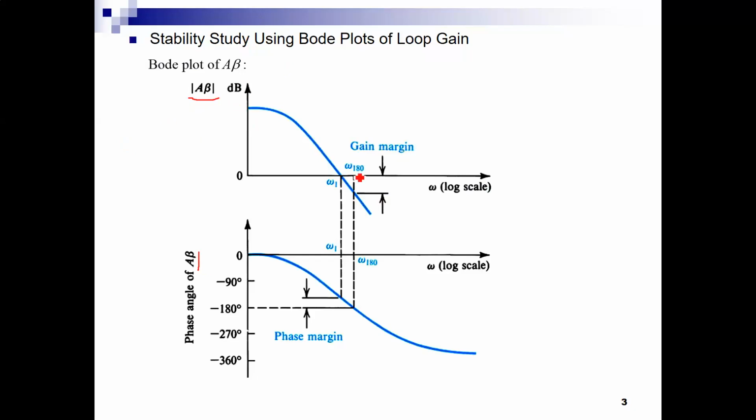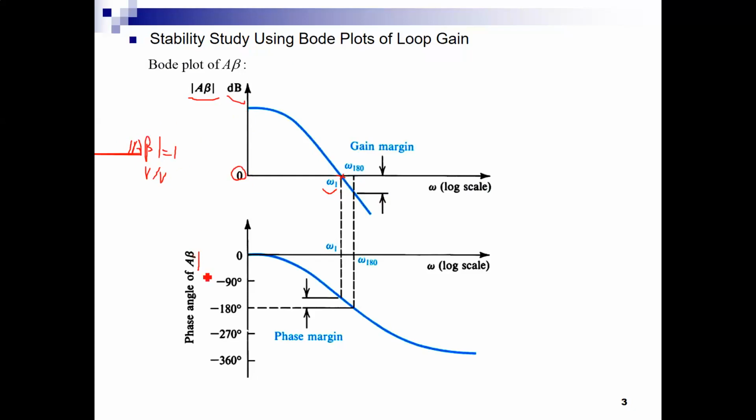I know that at some frequency, omega-1, the unity gain frequency, the magnitude of A beta equals 1. If it is 1 in volts per volt, in dB it is going to be equal to 0. When the A beta magnitude graph crosses 0,